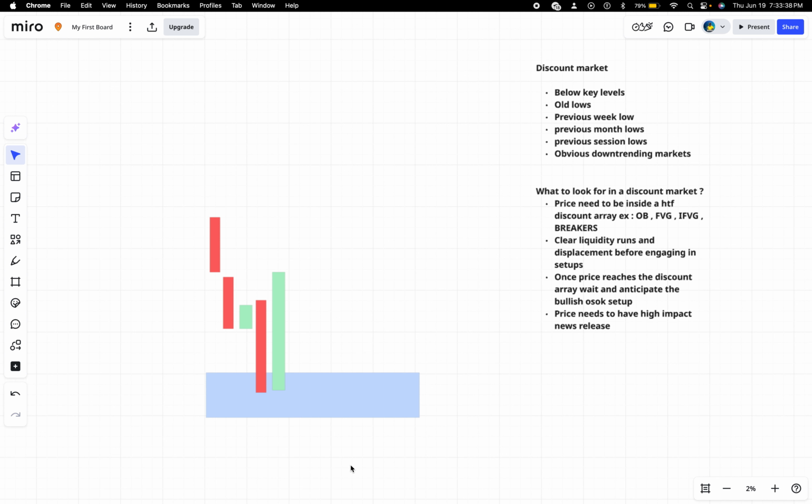We're looking at old lows. As you can see right here, follow my cursor. We're looking at old lows, previous week lows, previous month lows, previous session lows. These three lows are going to be important for a smart money reversal. Once the market starts to trade below old lows, previous week lows, previous month lows, previous session lows, we're not